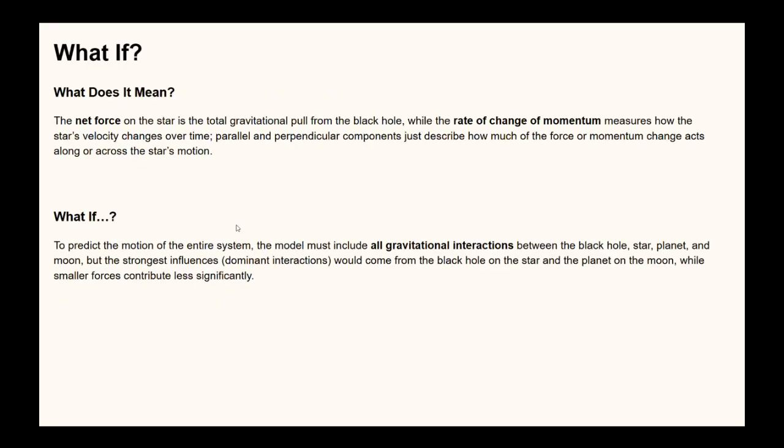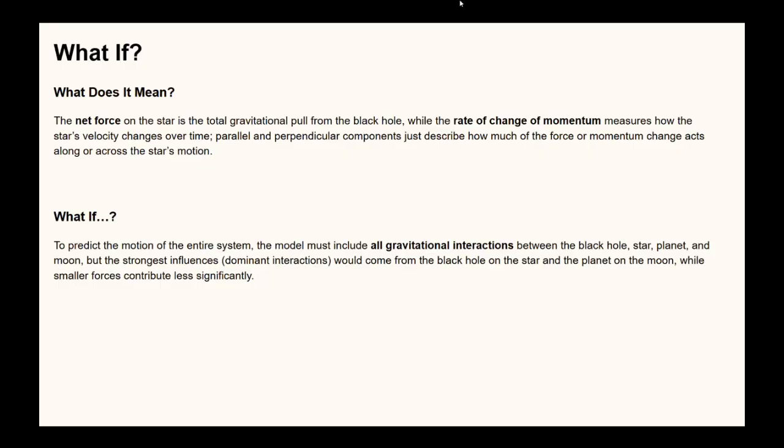What if? What does it mean? The net force on the star is the total gravitational pull from the black hole, while the rate of change of momentum measures how the star's velocity changes over time. Parallel and perpendicular components just describe how much of the force or momentum change acts along or across the star's motion. What if? To predict the motion of an entire system, the model must include all gravitational interactions between the